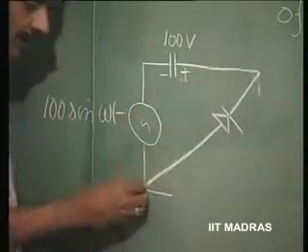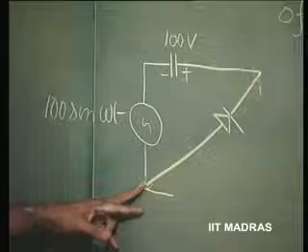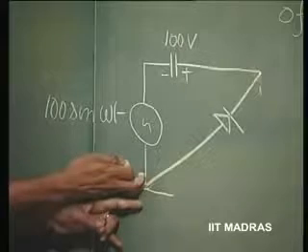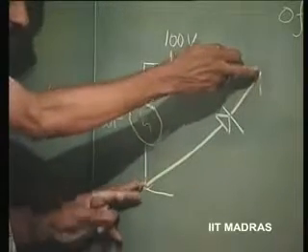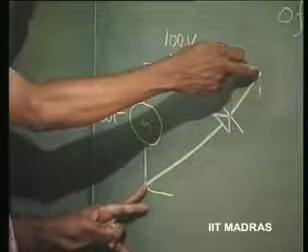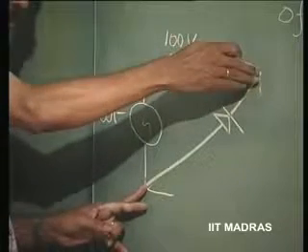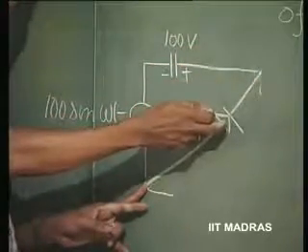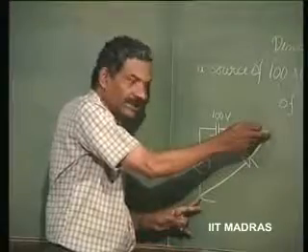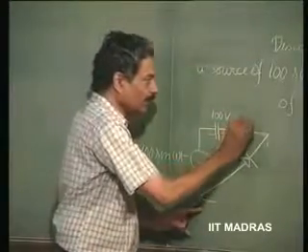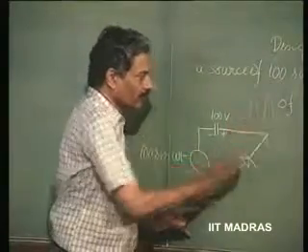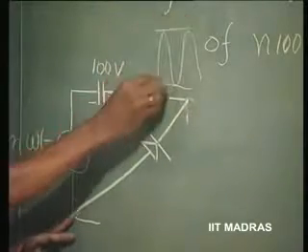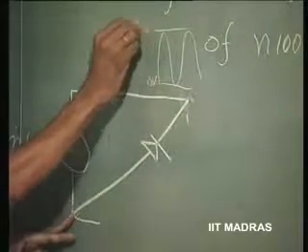So, between this point and this point now, as we discussed in the last class, we have 100 volts in series with an AC of 100 sin omega t, which means this voltage between these 2 points is clamped to a value which is always going above 0. So, it will be prevented from going below 0 by this diode conducting. So, this voltage is always going above 0 by an extent of 200 volts because of this additional DC here. So, this is going above 0 volts to 200 volts peak here.